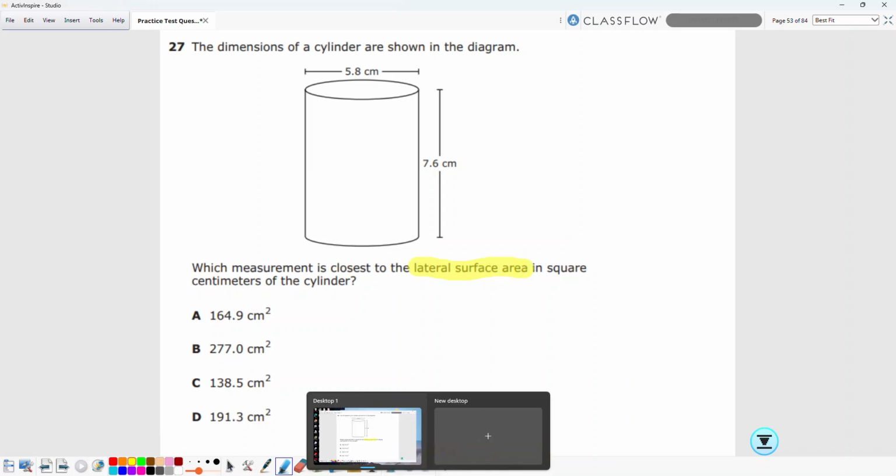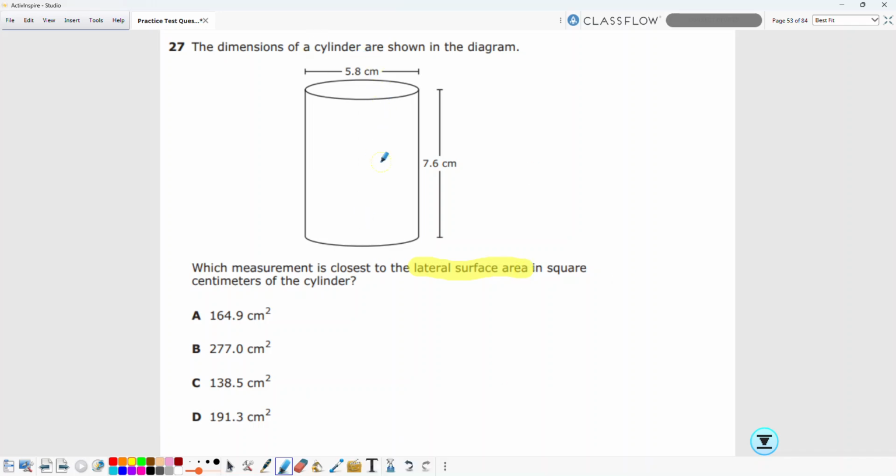So what that means is you have to stand the object up on end. And we're looking for the surface area, right? Except for the top and the bottom. So basically just the sides of the cylinder. All right, that's what we want to know. So what we have to know is the circumference of the circle,